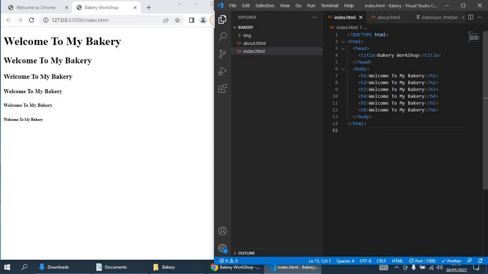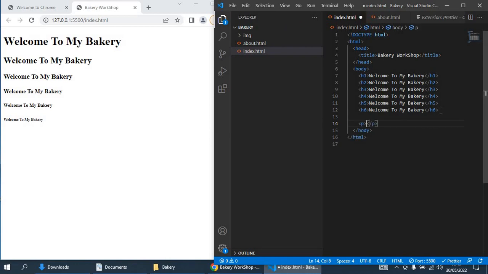Now you can see from the illustration how the headings get smaller and smaller till you get to heading 6. Now these are going to be used for your headings, and you also have the paragraph element,